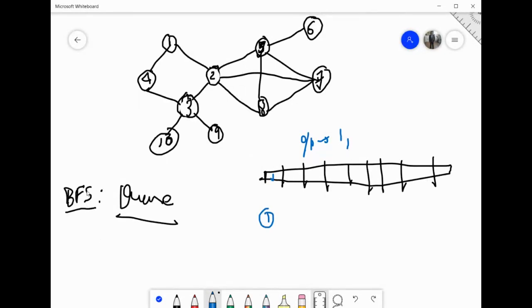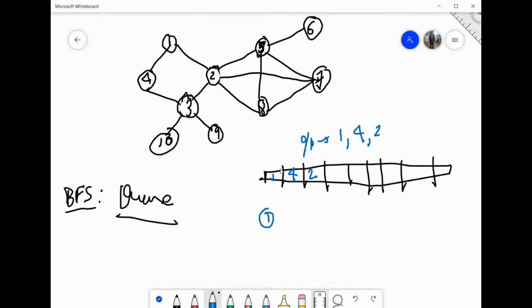Now we are doing BFS, right? What does BFS say? After you have started from a vertex, the next possible options are only its adjacent nodes. So what are the adjacent nodes of 1? You have to visit all the adjacent nodes of 1 in any order you want. So the adjacent nodes are 4 and 2. 3 is not adjacent to 1. 4 and 2 only, right? So you can visit 4 and 2 in any order you want. Suppose I am visiting 4 first and then 2. So this is my output and this is inside my queue.